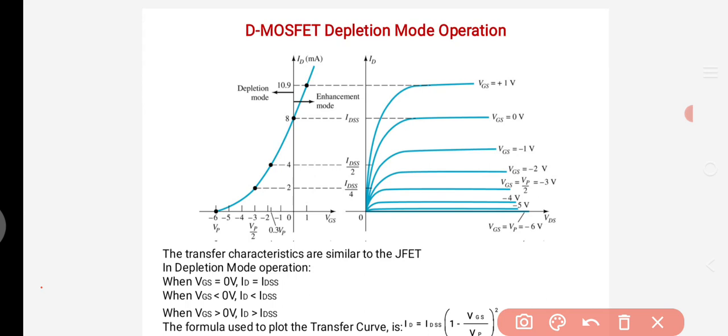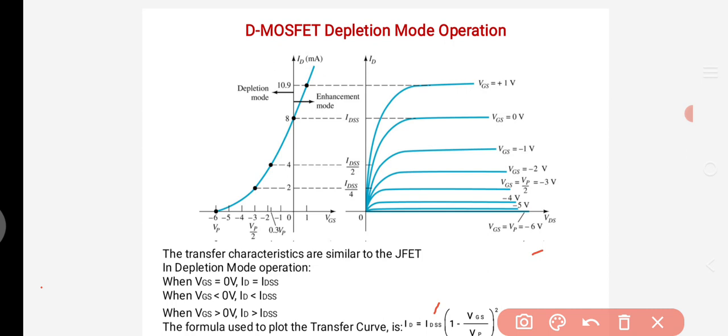In the case of transfer characteristics, when VGS equals 0, then ID equals IDSS. When VGS is less than 0 volts, that means negative voltages, then ID will decrease. When VGS is greater than 0, that is positive values, ID is greater than IDSS. So the formula used to plot the transfer curve is ID equals IDSS into (1 minus VGS by VP) whole squared. So the transfer characteristics of the depletion mode NMOS transistor are